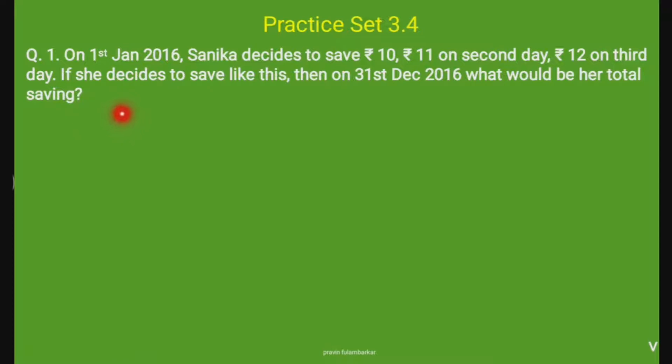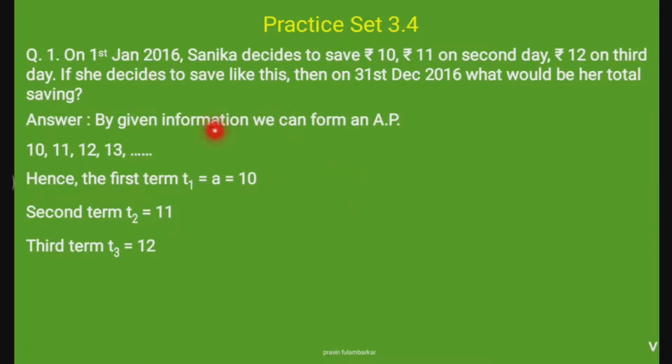So here the year is 2016, so this is a leap year, so the total number of days in this year is 366. So first we have to always remember whether the given year is a leap year or not. For a leap year you have to divide the given year by 4, and if that year is exactly divisible by 4, then that year is a leap year, you know. So we start with that.